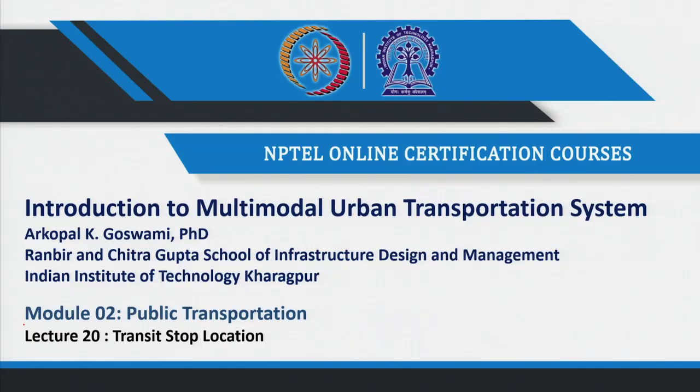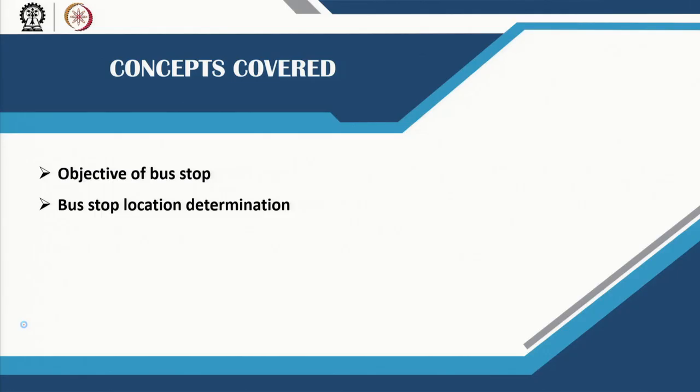Welcome back friends. Now in the last lecture of this series, we are going to look at how to locate a transit stop location. You may remember in the previous lectures, we stopped at understanding how to develop the capacity of various types of stations, and in the other lectures, we have also looked at how stations play a very important role. Stations or bus stops play a very important role in a public transportation system, because they are essentially the points from where passengers board or disembark the metro lines or the bus lines or whatever public transportation you have.